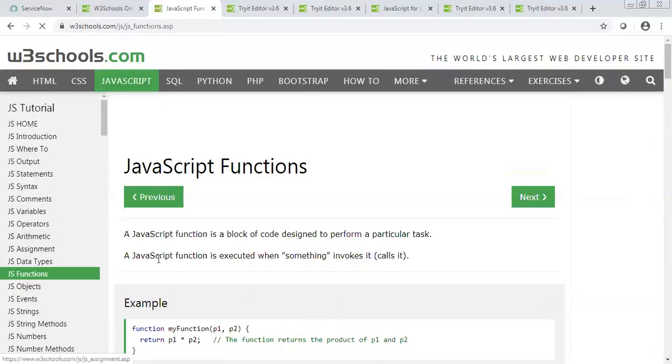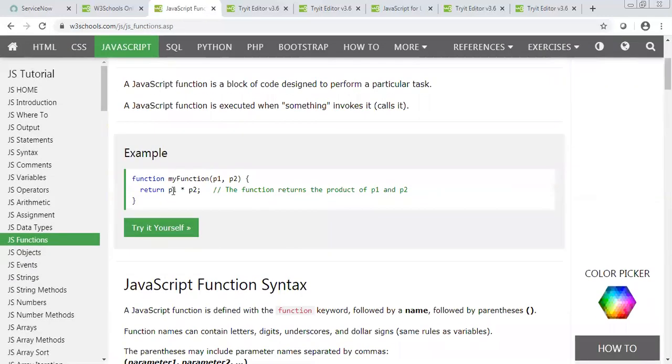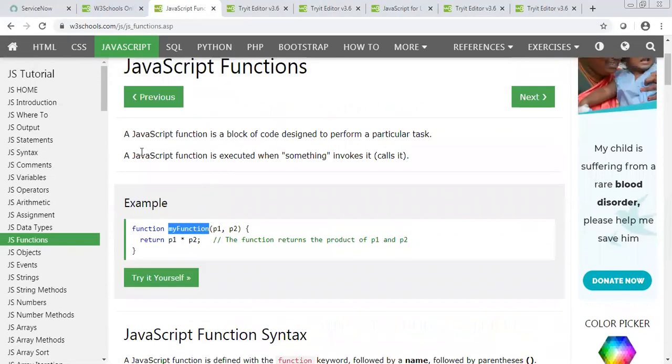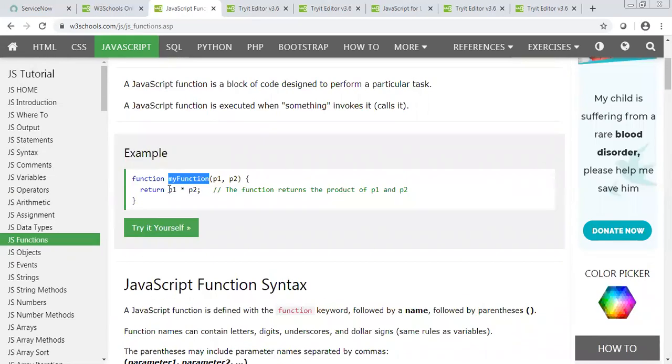Okay. Then function, how can we define a function in ServiceNow? Let's say a function is a snippet of code, or a block of code. A script function is a block of code designed to perform a particular task. So your code of 200 lines can be made of multiple functions. That's how we define a function, and then the name of the function.